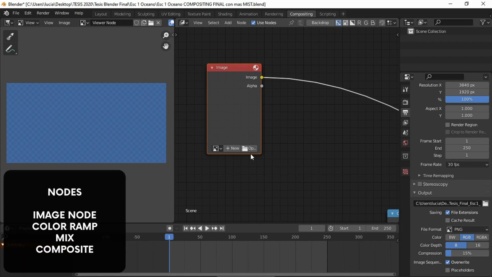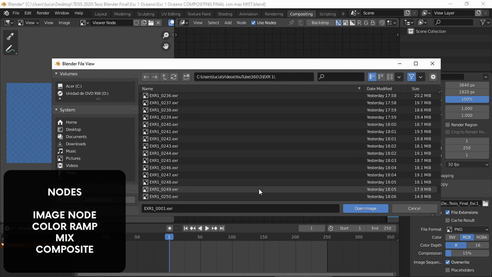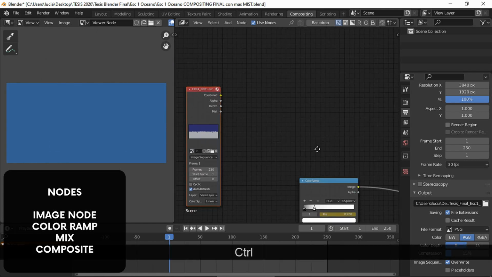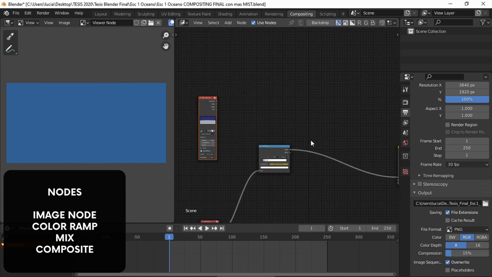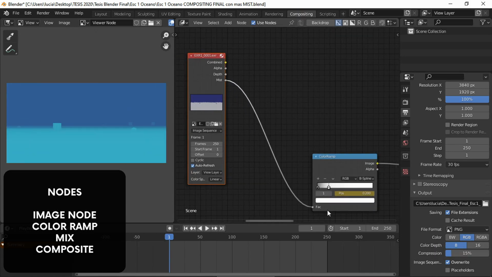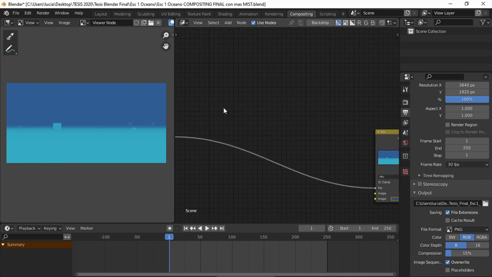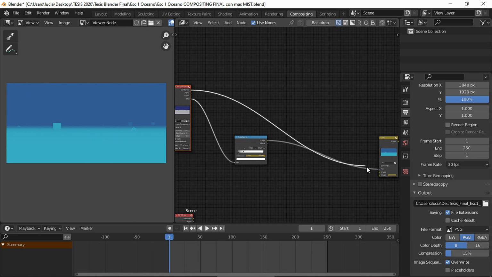Now for the compositing, open the EXR sequence. Of course, this looks weird because my scenario doesn't have any textures or proper lighting.